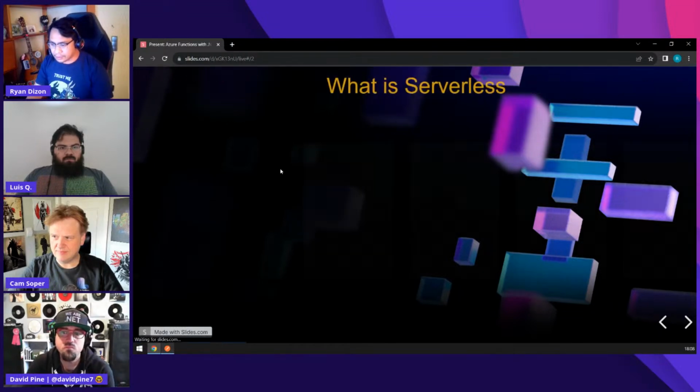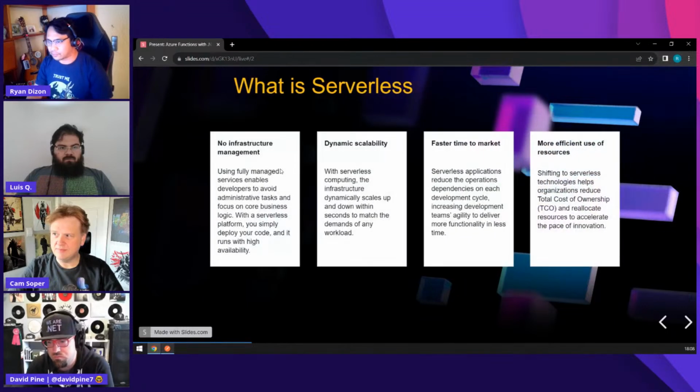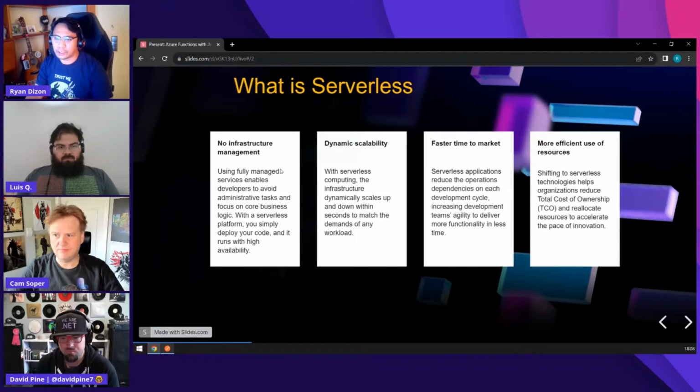So we try and move away from infrastructure where we can, but obviously there are going to be places where you are still required to do something regarding that. I'm sure there are plenty of pure serverless apps out there, but a lot of them are a mix of some serverless and traditional technologies as well, where there's still going to be more operations. But for the serverless pieces, you have less to worry about.